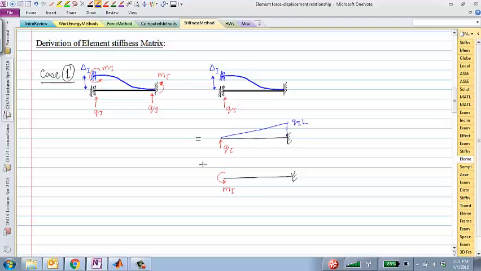For this other case, I have bending moment like this, which is nope, not positive, negative. So the bending moment diagram for this would be negative Mi throughout. And the compatibility equation would be